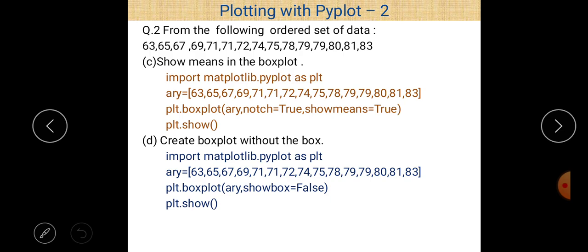We will definitely solve these questions using Python Anaconda. So in the next session we will do the practical part of the matplotlib library.